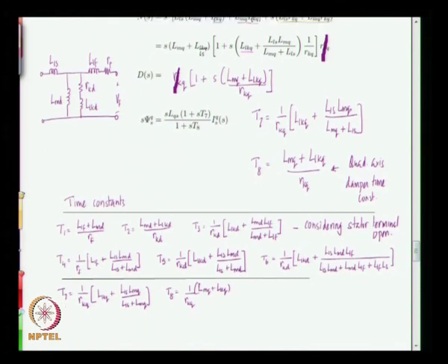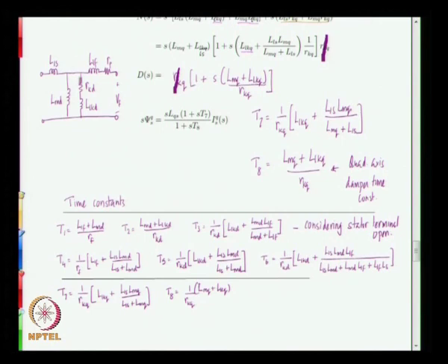And so, if you look at T1 and T2, they are fairly straightforward. If you keep this open and you neglect the existence of RKD and LLKD, neglect the damper, then the circuit has this resistance and these two inductances come in series as long as this is open, right, no current flows here. So, these two are in series. So, then the resulting T1 is LLF plus LMD by RF,